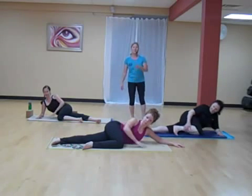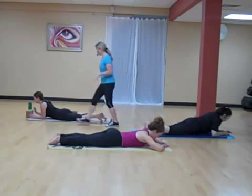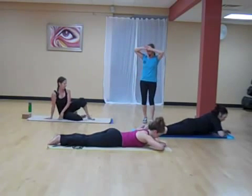And let's roll into our stomachs. We're going to do a transition between exercises. If your back is bothering you, you actually may want to skip this one. So this is called heel beats. So you're going to put your forehead in your hands,